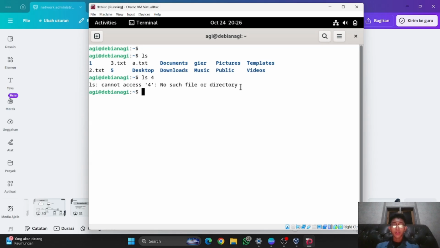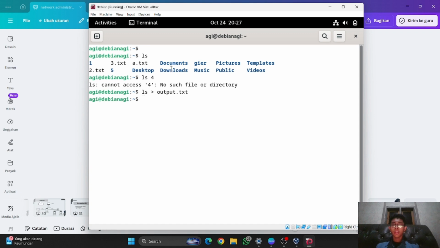Next, if I want to make this information into a file, for example I want to make this ls on /home/agi into a file, you can use ls, then the redirect sign once, and then output.txt, then enter.